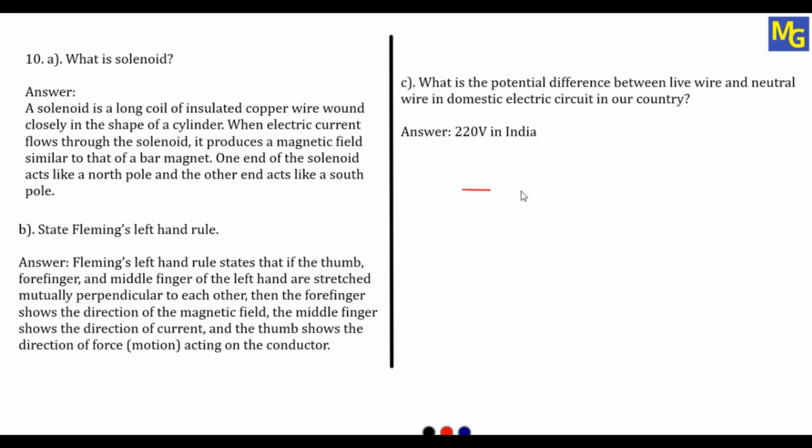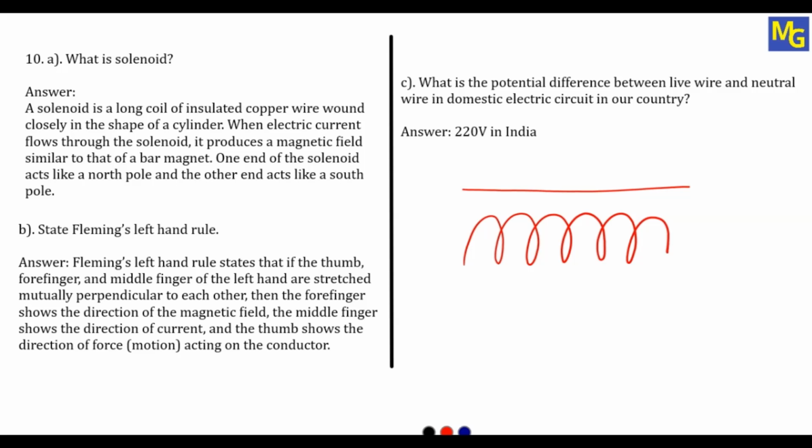So imagine this is a straight insulated wire, and if we coil it or wind it in the shape of a cylinder, it will look like this. So it will take the shape of a cylinder, and this is what is called a solenoid. So in this solenoid, if we supply the electric current like this, as we know, according to the right hand thumb rule,